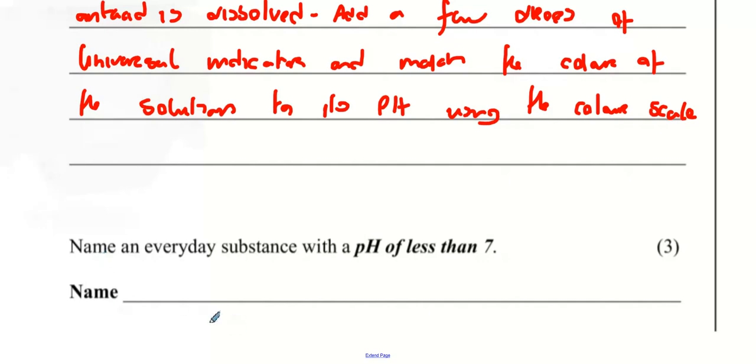Describe an everyday substance with pH less than 7. We just go for orange juice again. Okay. And we're done. That took me all of